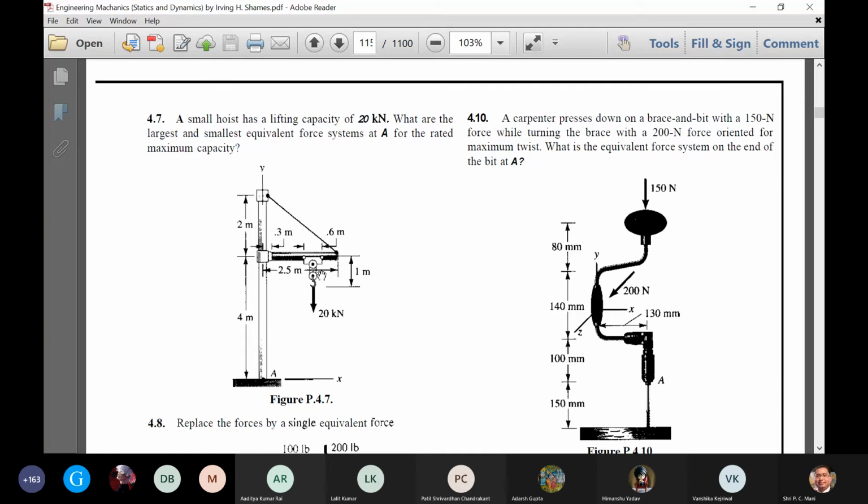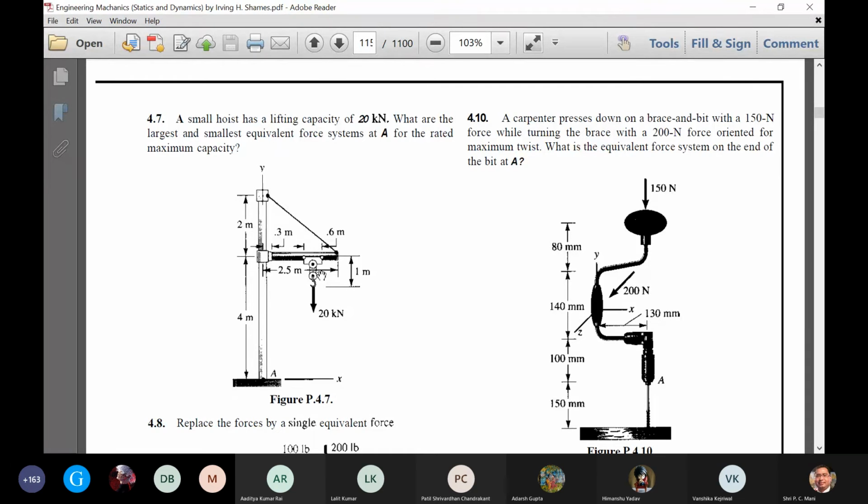A small hoist has a lifting capacity of 20 kilonewton. This hook is there, and it has a lifting capacity of 20 kilonewton. What are the largest and smallest equivalent force systems at E for the rated maximum capacity? Keeping the maximum capacity in mind,